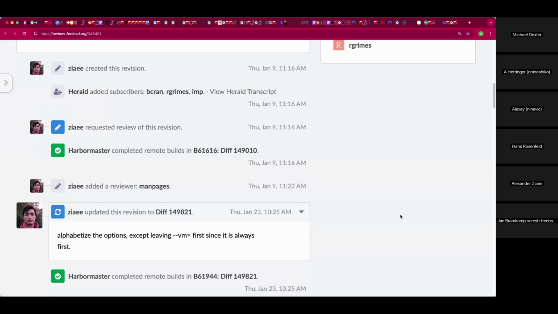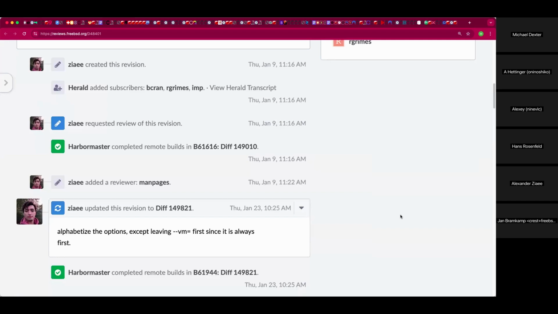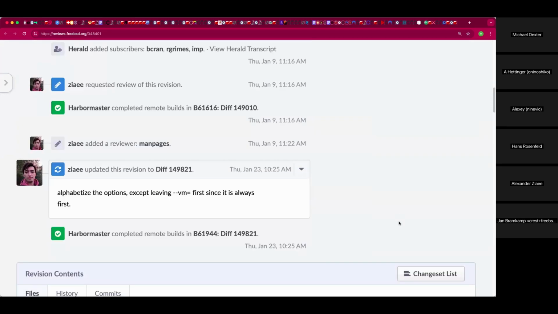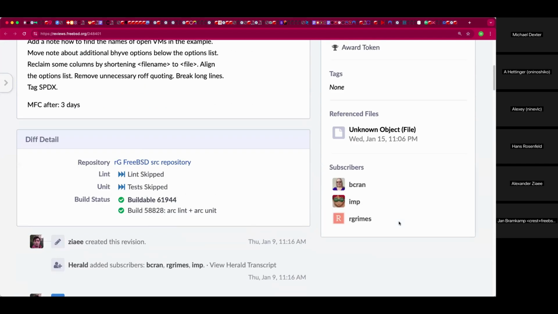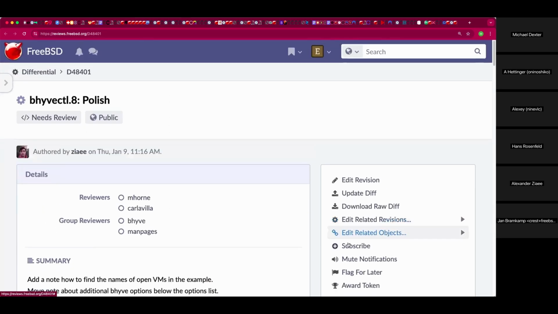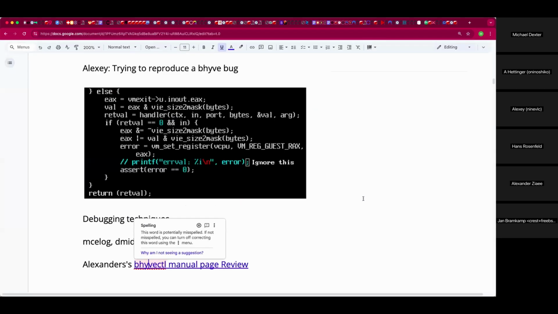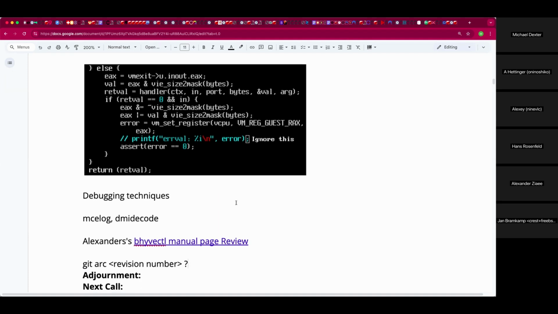But you can test it, if you have git-arc, you can use git-arc patch and then the D number, and you can just get it really easily without having to do too much work. Actually, funny you should mention that. What is that exact syntax? Is it git space arc, or git-arc is a different tool? That depends on how you set it up. I don't understand how to do the whole git aliases thing. There is a way to make it git space arc, and that's how the manual page has it. But I guess that's a lot of setup.